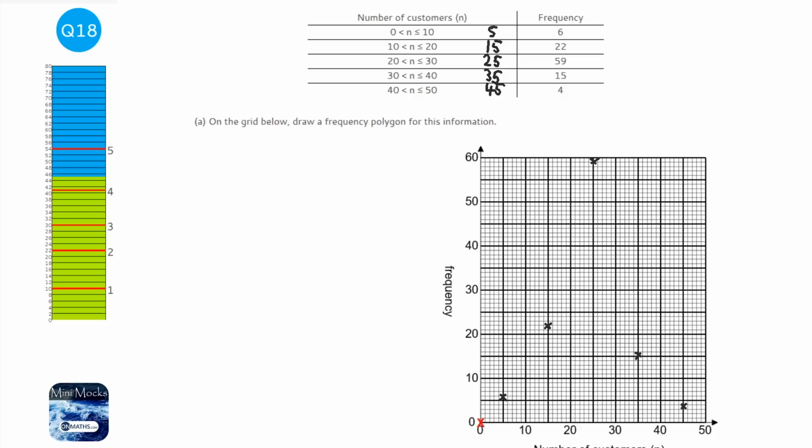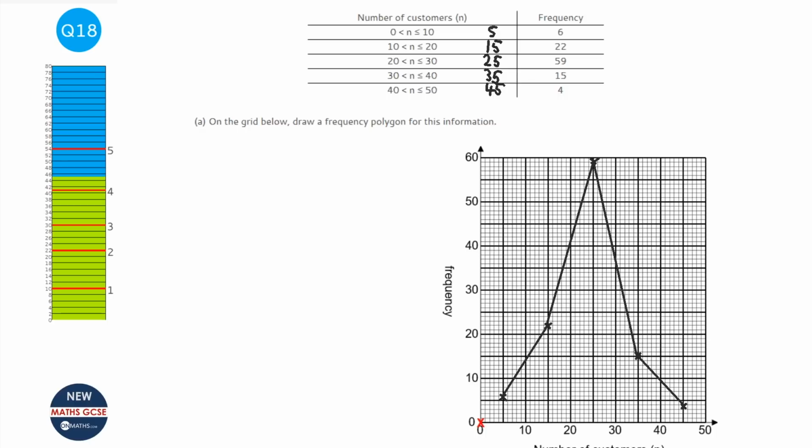Now we're only halfway done, and my points aren't exact because the screen I'm using isn't the most precise, but it's good enough. We're only halfway done because what we need to do is join these up with straight lines, so no curves needed. And when you join them up with straight lines, do not ever join up the last